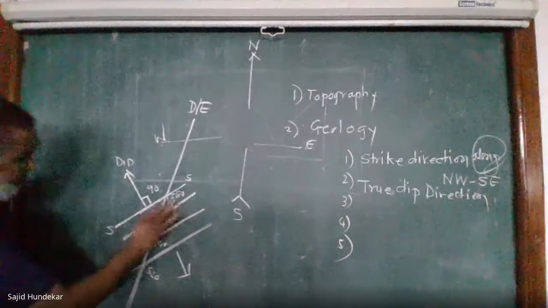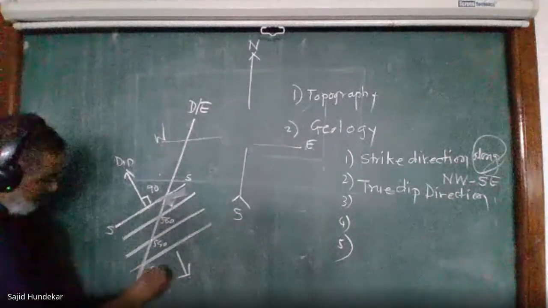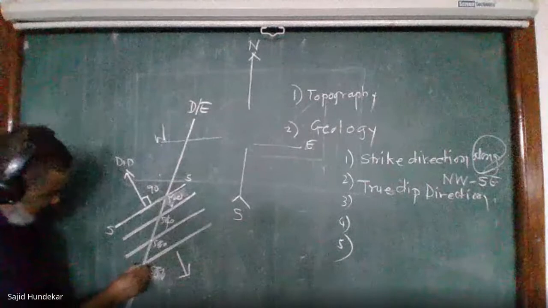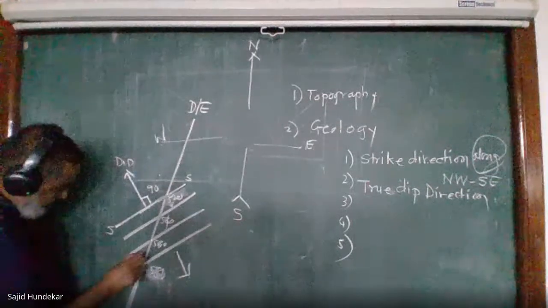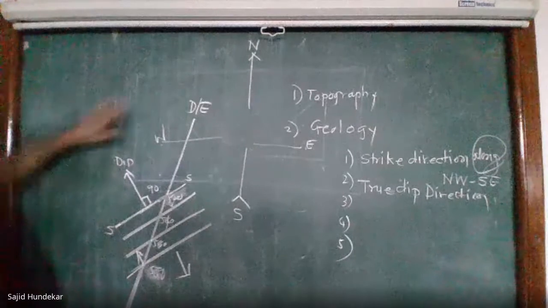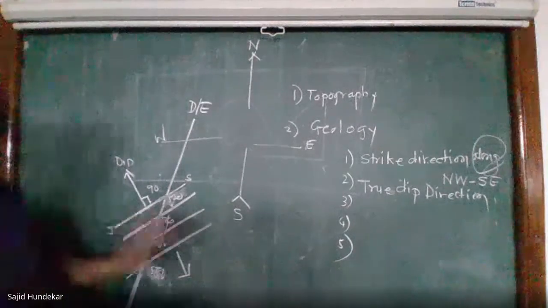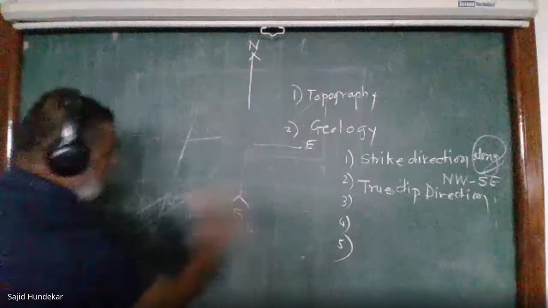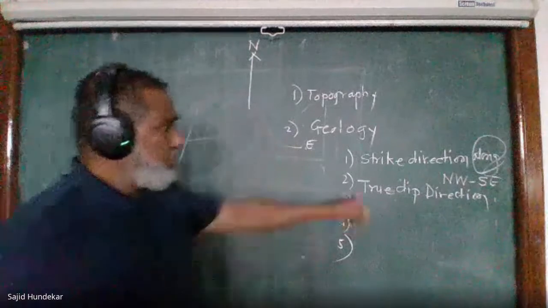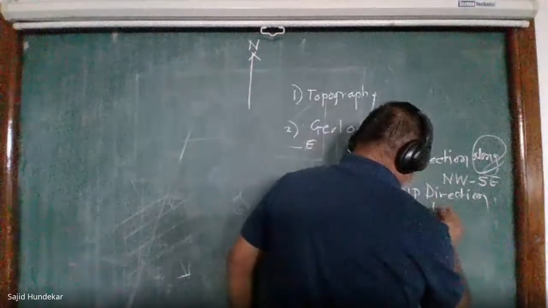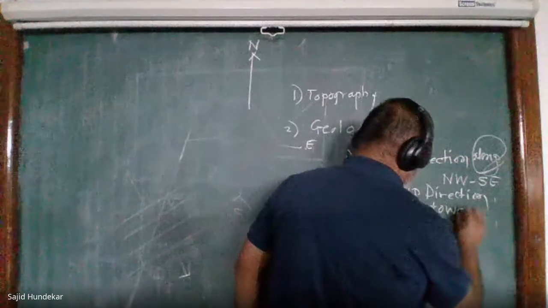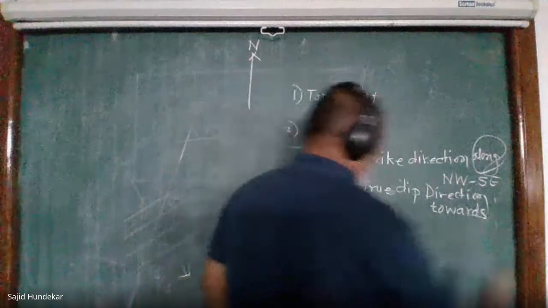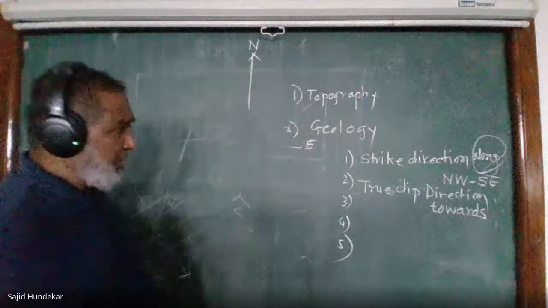Or the other way, the reverse is there. Say for example, here we have 580, 560, 540, 520. Then perpendicular to this point, perpendicular to the side, your deep direction will be toward this side, so northwest. So this is the exercise you have to do and find out. You can do it now. Yes, that is the second point. Where is your true direction? That is the only one direction. So we have to write towards, whether it is towards the northwest or towards the southeast. Any one you have to find out. I'll make out that particular point.